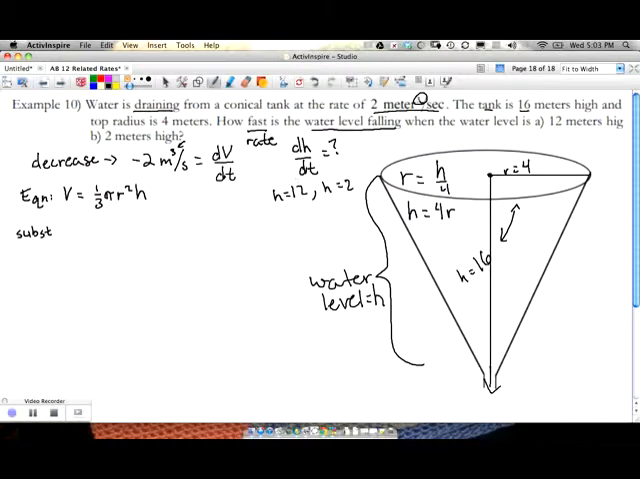Which one do I want? Well, I want to keep dh dt. Why do I want to keep dh dt? Because dh dt is the thing I need to solve for. So I need to keep h to wind up gaining dh dt. That means I want to get rid of